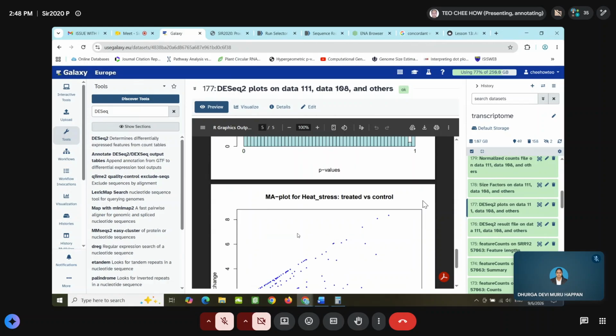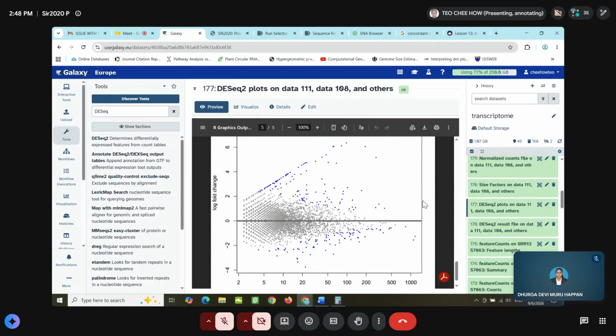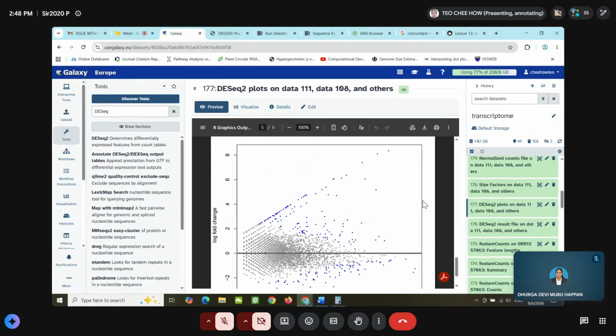And then they will plot the MA plot. The MA plot tells us that each dot represents one gene, one single dot here. Those above the log FC of 2, the dots with the blue color here, are upregulated genes.